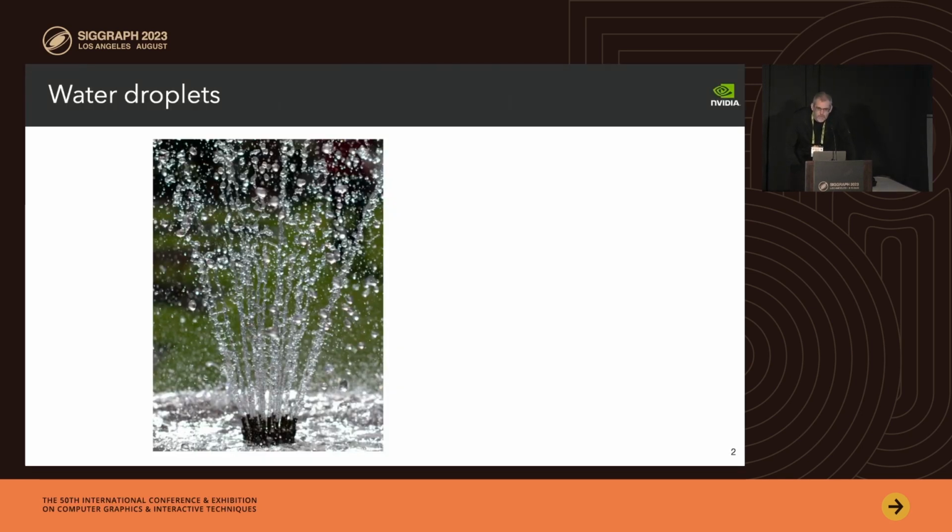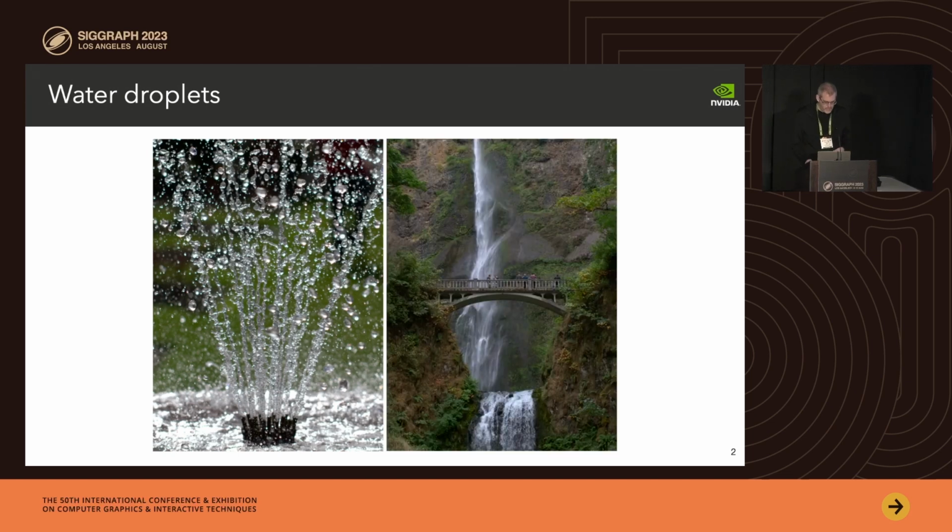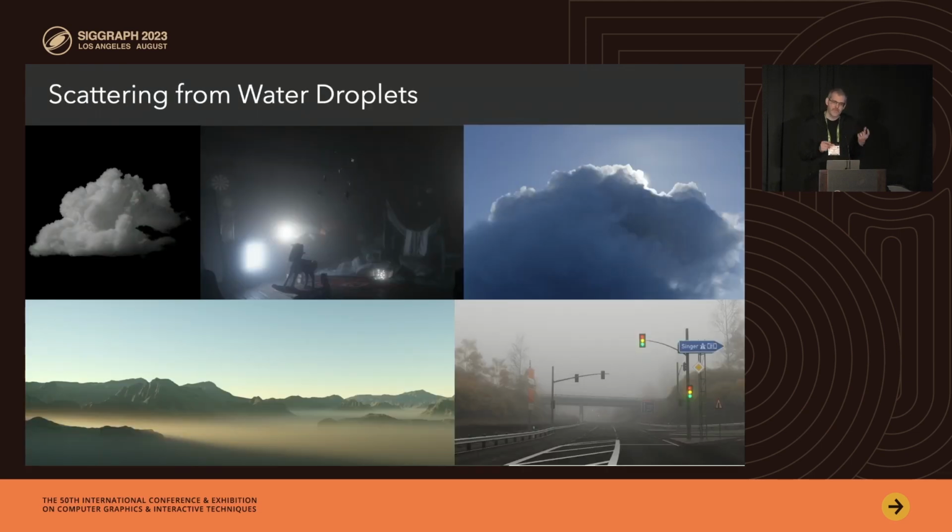All right, so I want to talk today about how light interacts with water droplets. Depending on the scale of that material in the scene, like this fountain, we're just going to have to model those drops and trace rays through them. But the same sort of structure at a different scale relative to a pixel, we might use a participating media to describe how light is going to interact with droplets. And especially when the droplets get very small and create clouds and fog, important and challenging atmospheric effects that we